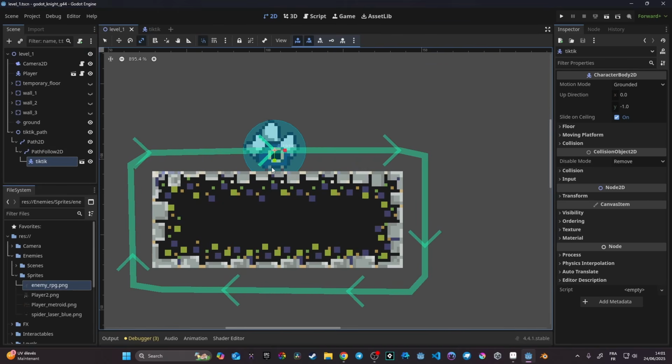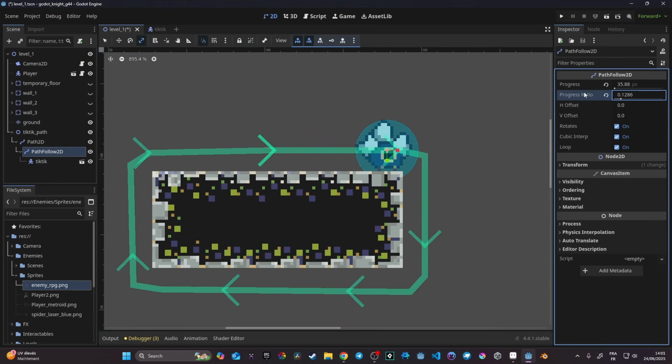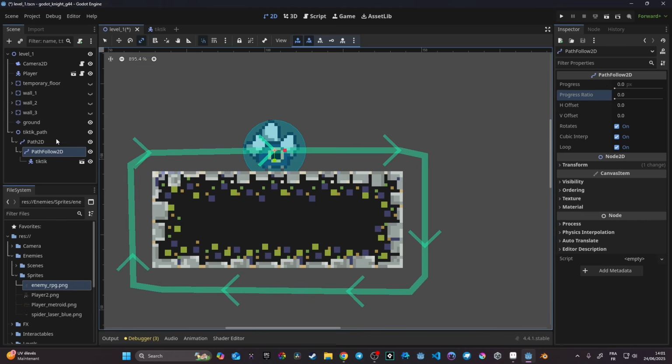So now it displays behind. And so now the magic is that if I use PathFollow2D and I just move that progress ratio bar right here, you can see that now it moves my Tiktik. So that's perfect. So now what we need to do is globally we just need to, on the PathFollow2D,